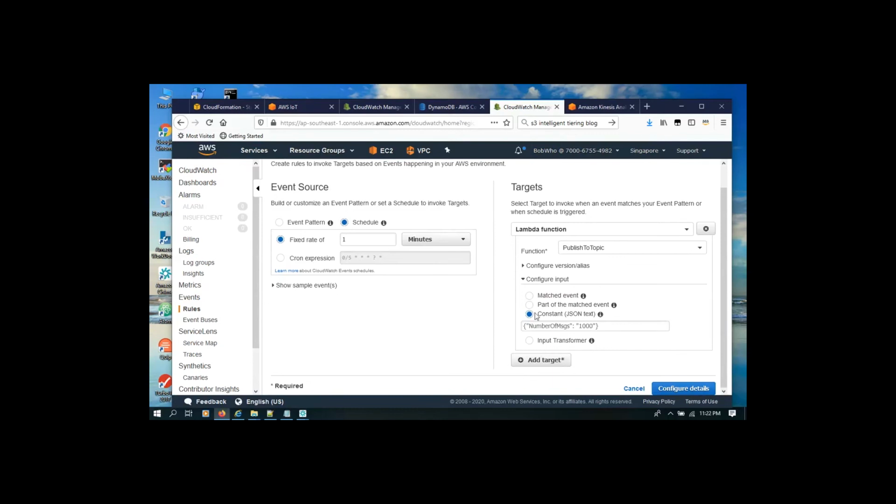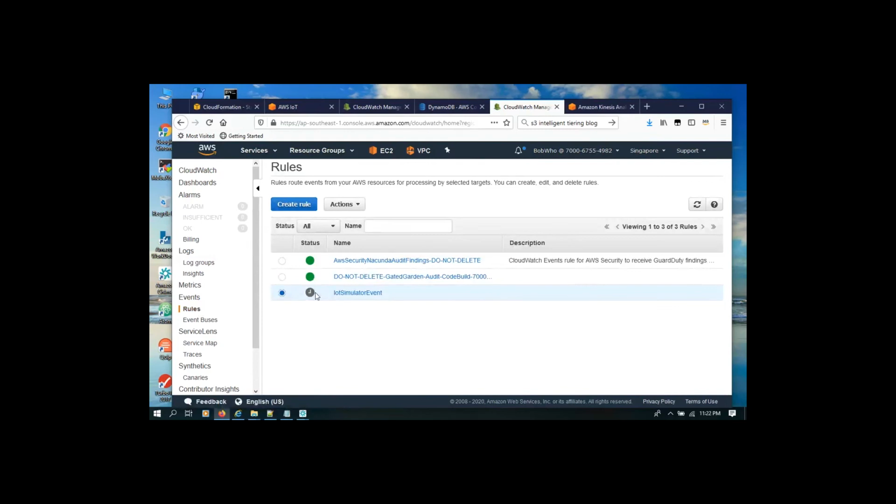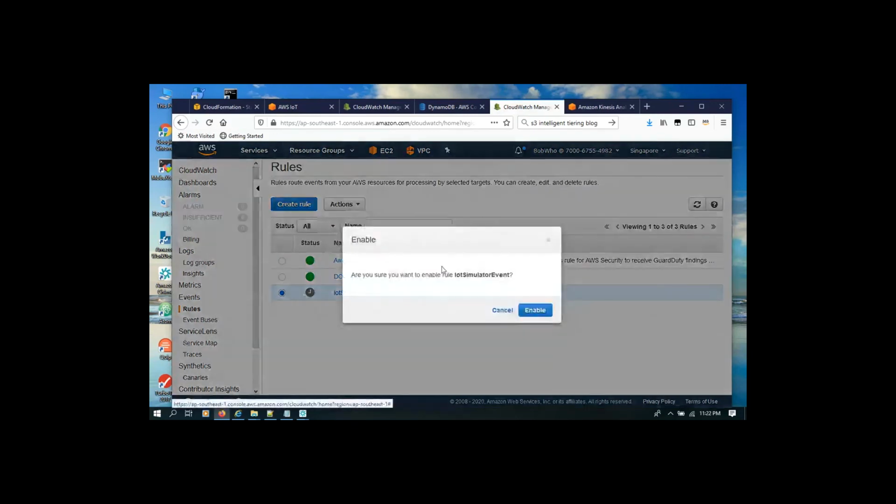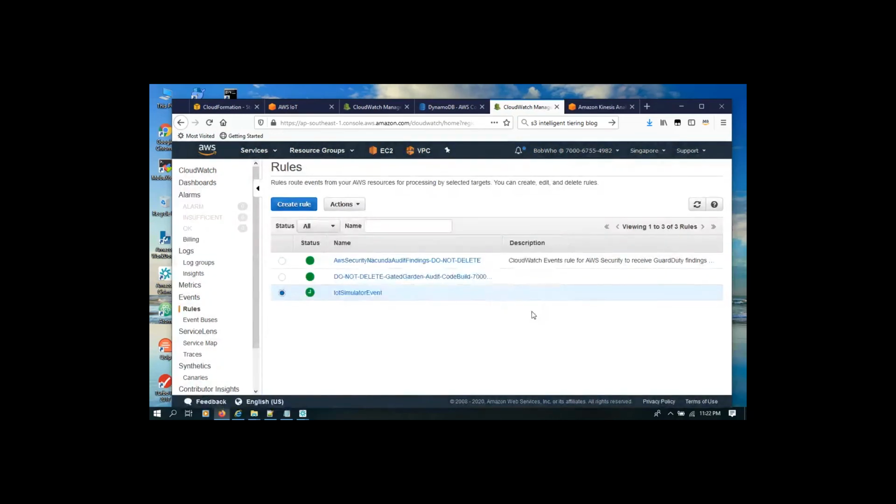So what I'm going to do now is activate this rule. This is disabled at this time. You can see it turned black. And now I'm going to enable this rule. Once I enable it, it means that it will start to publish messages within a minute